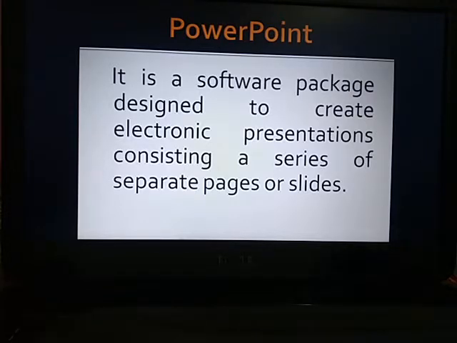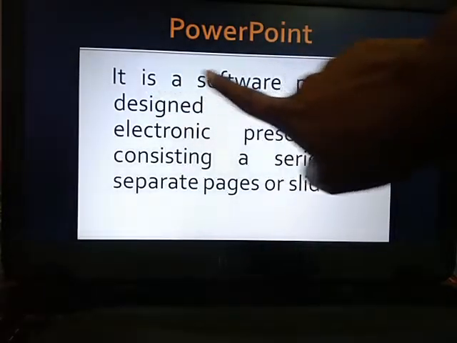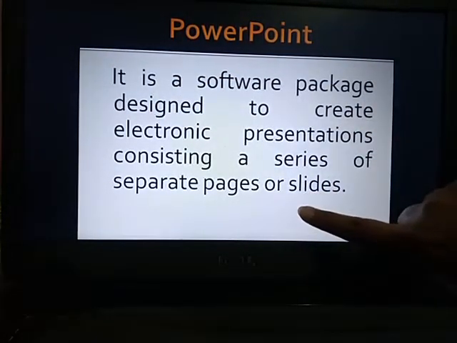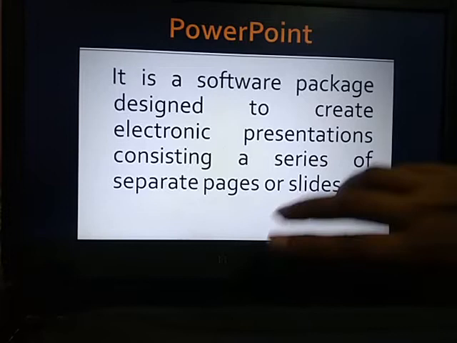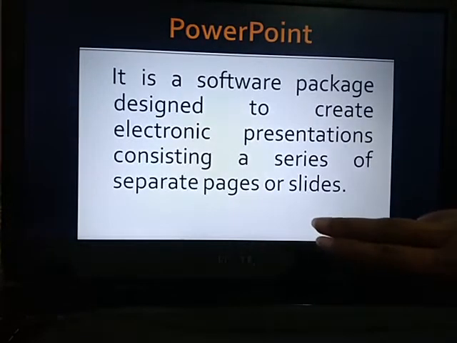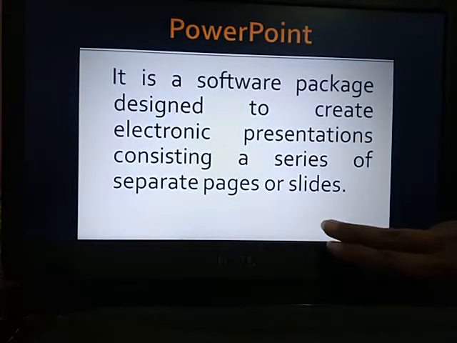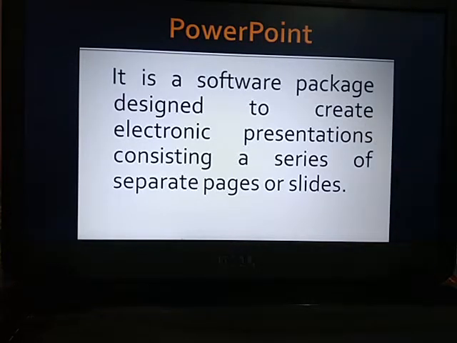So basically what you are able to see over here, this particular page is what? This is a slide. So instead of pages, we will call them slides in the presentation. In PowerPoint, each page we call a slide.